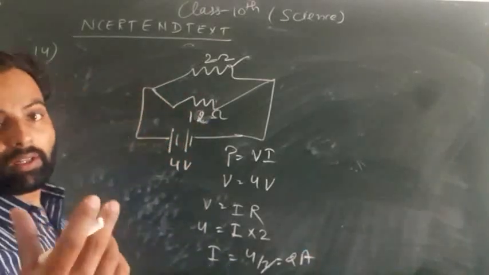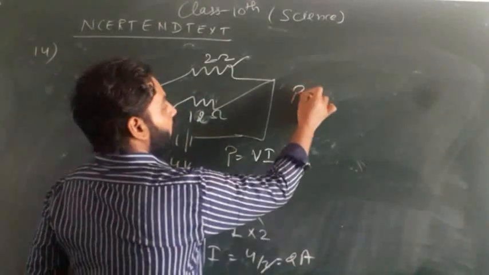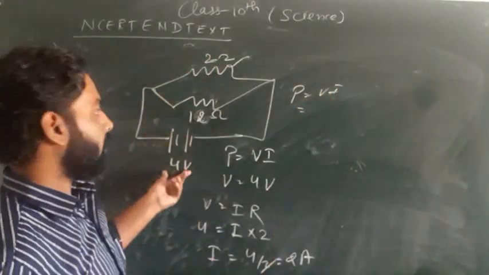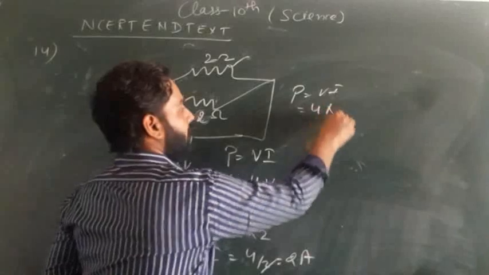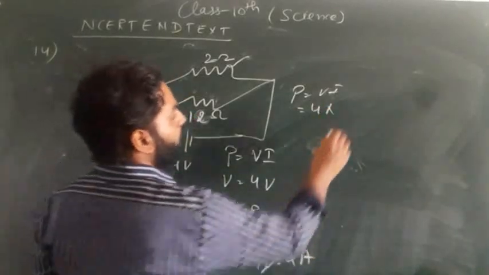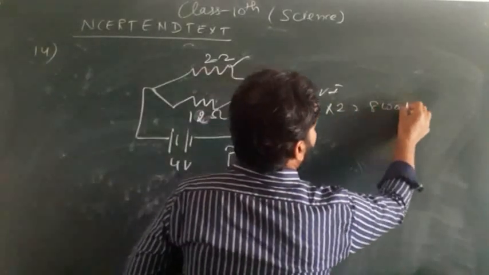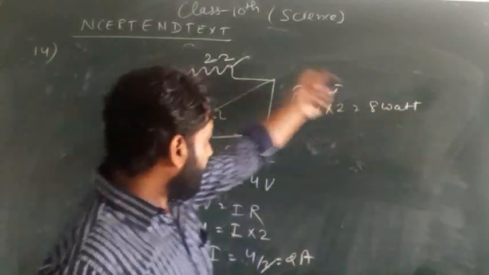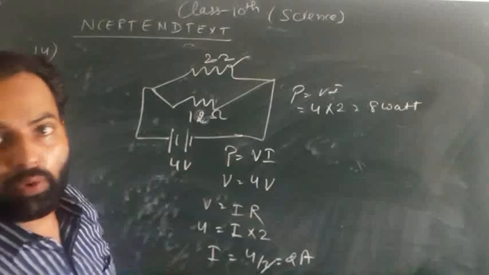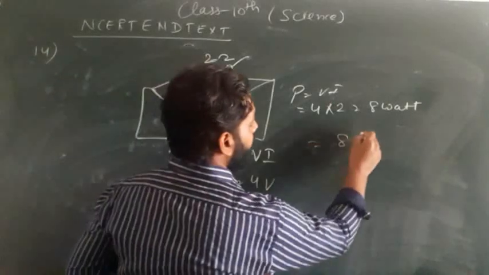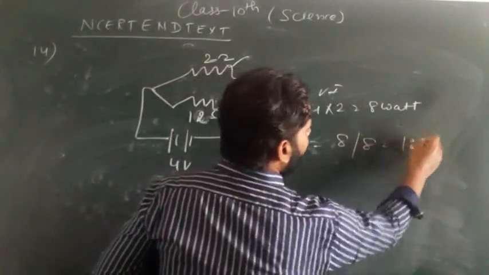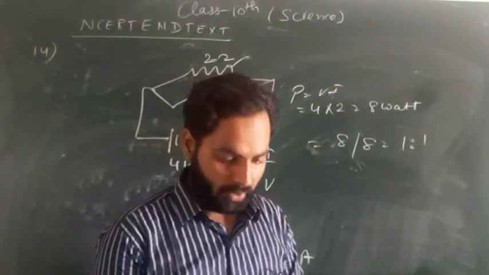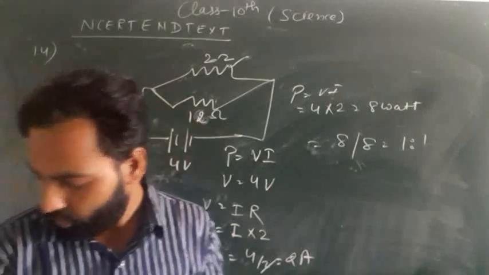Now we have to find the power. So P is equal to VI. What is the value of V for that 2 ohm? V is 4, and I for that is 2. That is 8 watt. So in the previous part for 2 ohm, the value is 8 watt, and in the second part for the parallel combination, the value is also 8 watt. We want to find their ratio. The ratio comes out to be 8 divided by 8, that is 1:1. So this is your question number 14. In question number 15, what is given in question number 15?